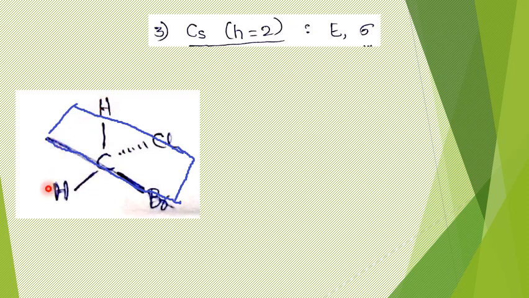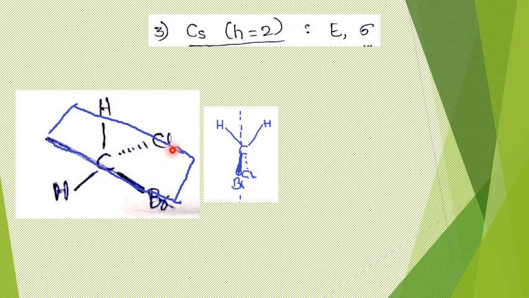So it passes exactly between this, so that when it is reflected, this hydrogen will be reflected here, and this hydrogen will be reflected here. Whereas this plane further passes through the bromine and chlorine atom. Therefore this bromine atom is bisected by the plane itself. Similarly, this chlorine atom is also bisected by the plane itself. Maybe I can show you the other drawing so that you can imagine it in a better way. It will be something like this.